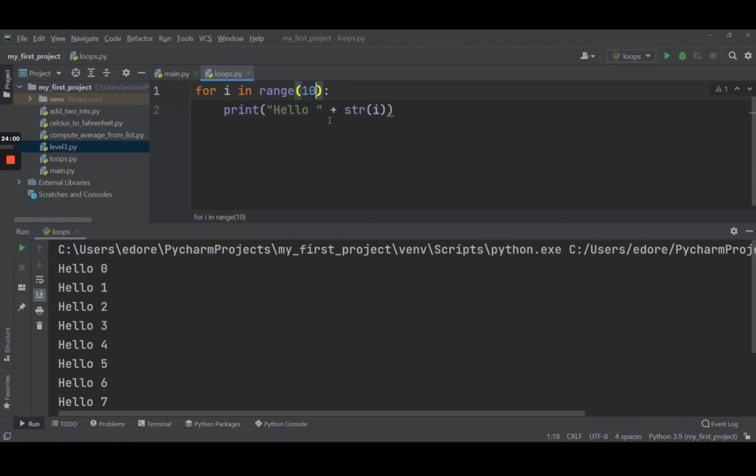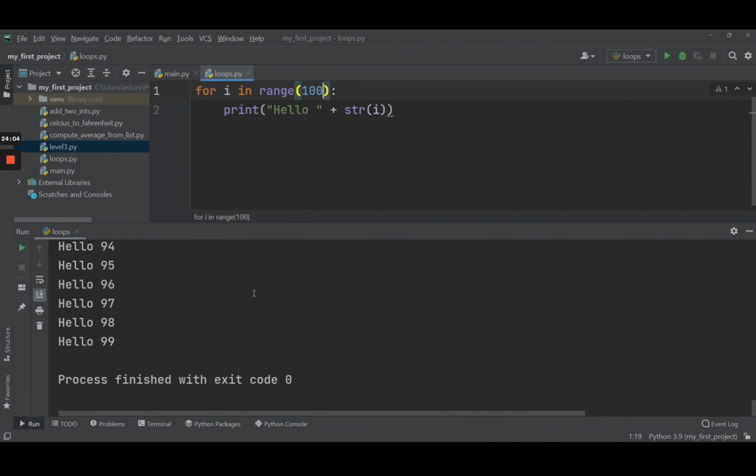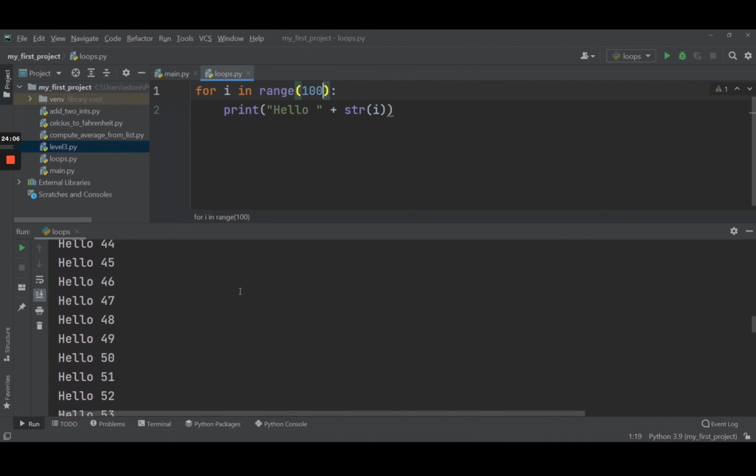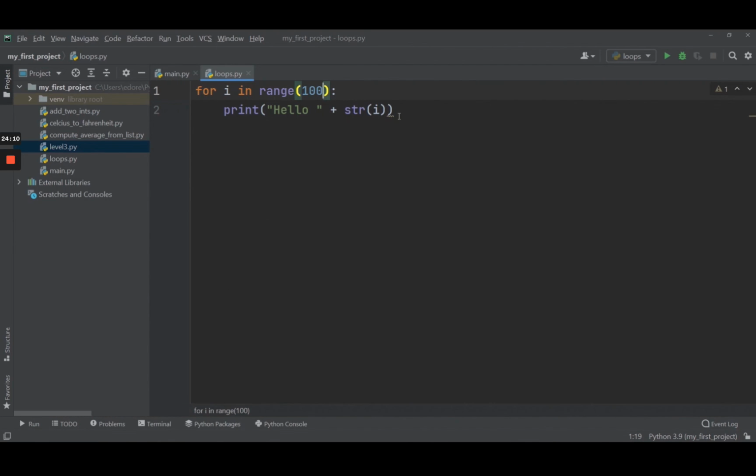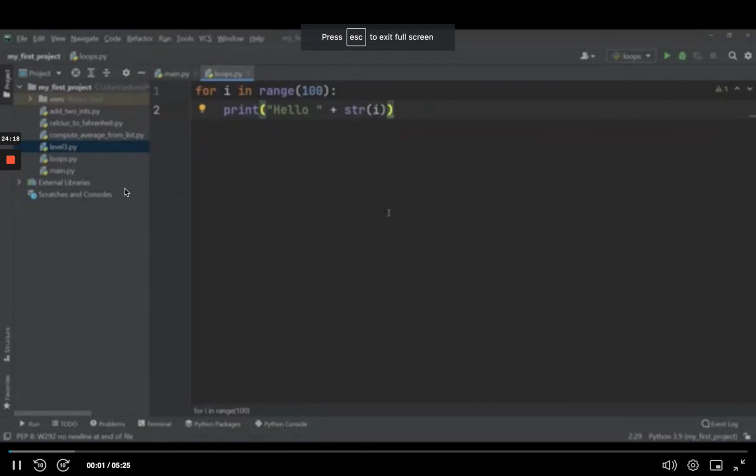Now if I want to print 100 times, I just put 100 here, and I run, and you can see we print hello 100 times with a different number every time. Okay, so that's very powerful. Here, with just 2 lines of code, we can print this 100 times. So there are 2 kinds of loops